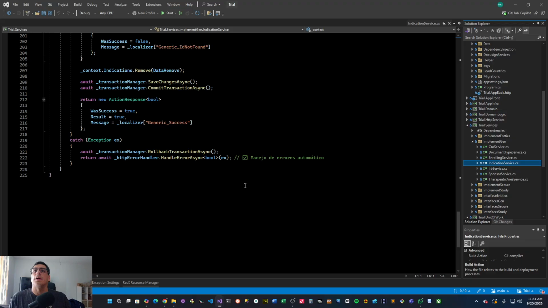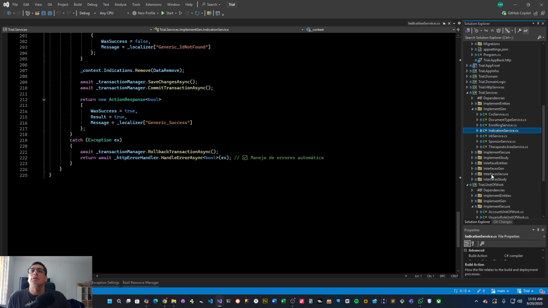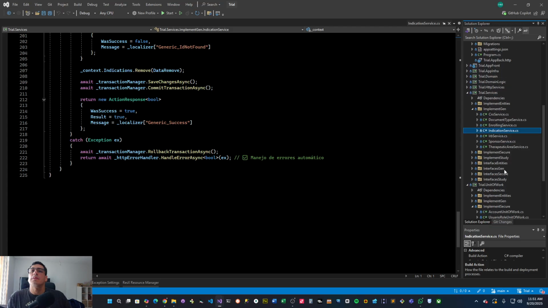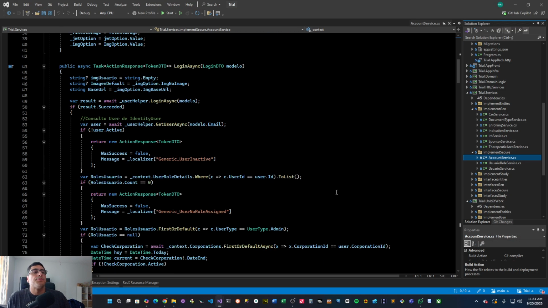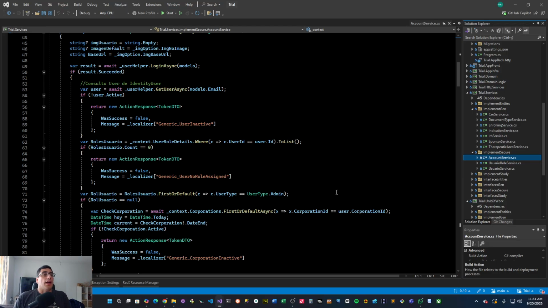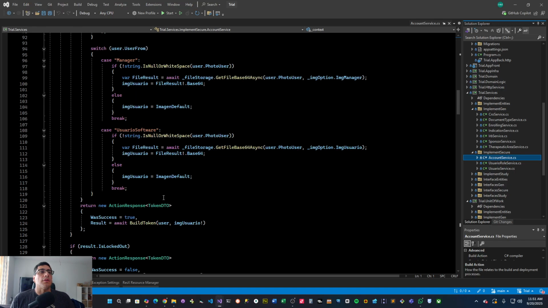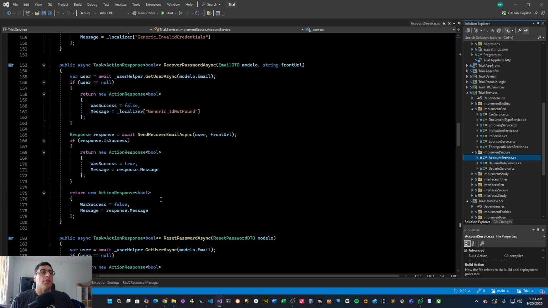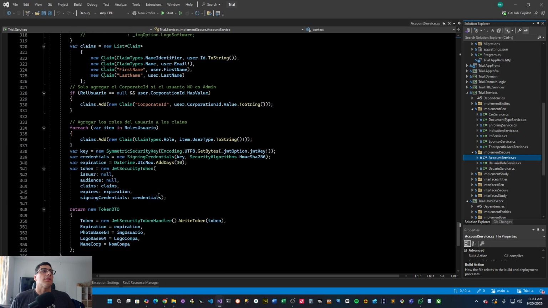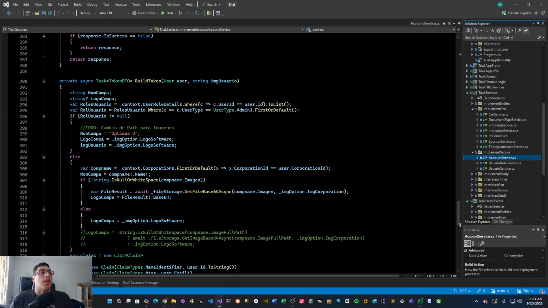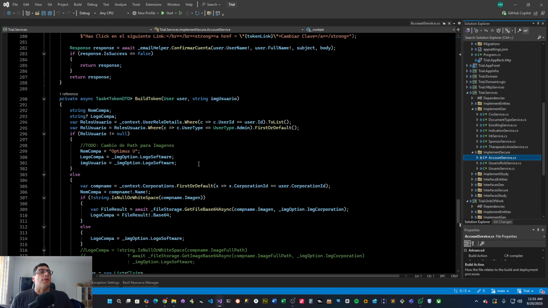Let me see, let's go to see the account entity secure. Okay, in this case, look at this, corporation, daytime. Let me see what example. Okay, this example. In this part,